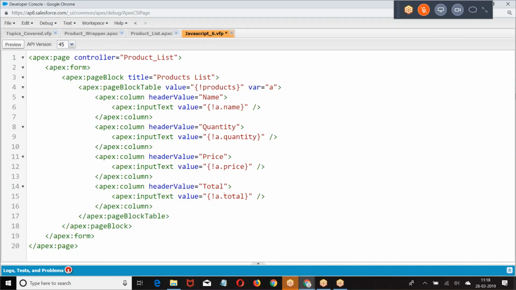Name, quantity, price, product. This is the structure I created. First, let me show the UI part. Then we discuss how to create a JavaScript.